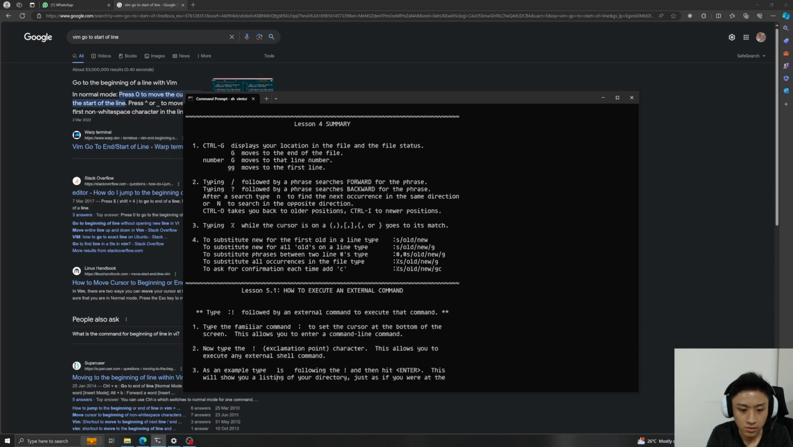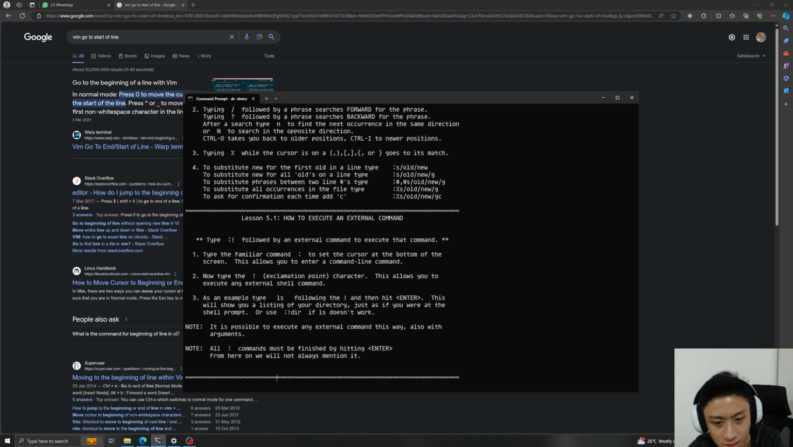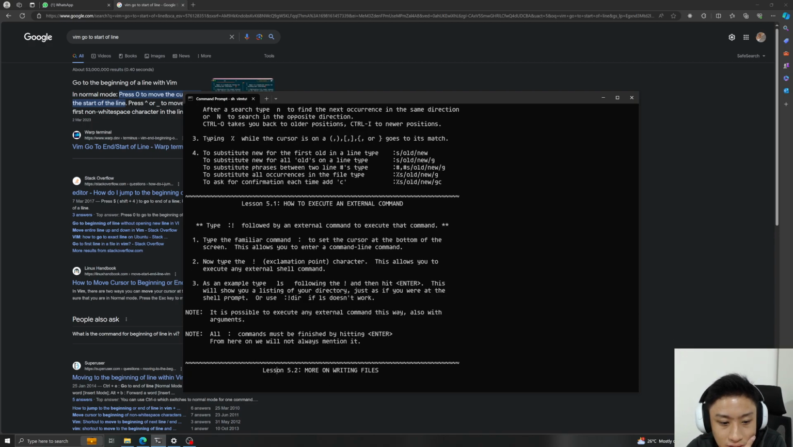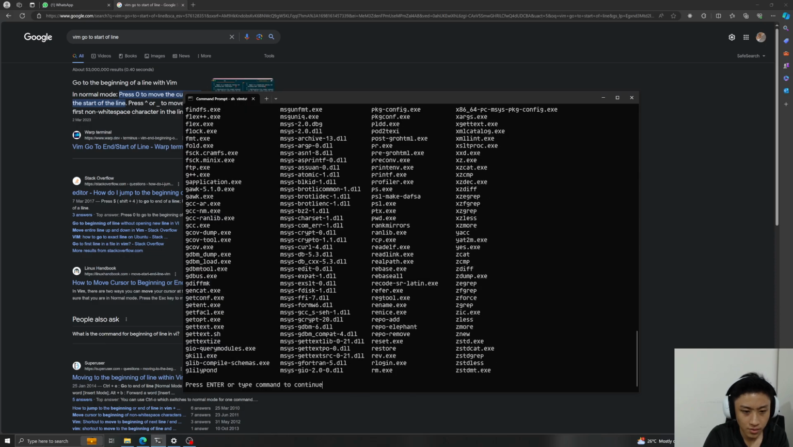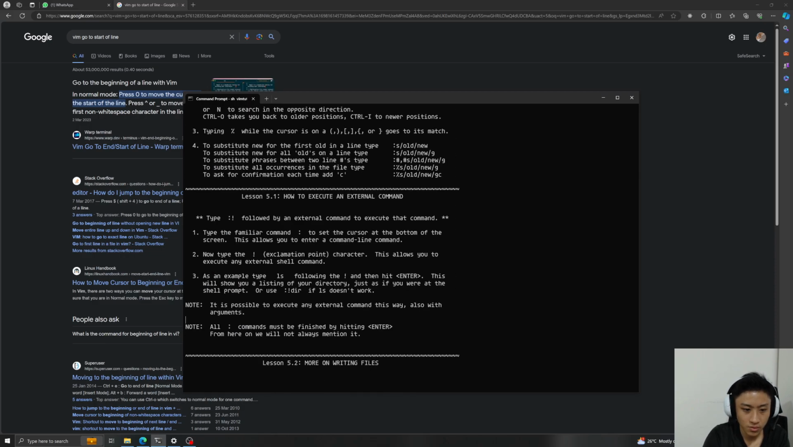Okay, 5.1, execute external command. Oh damn, I'm so tired. You can use an exclamation point to run an external command, like this, for example. Whoa. Okay. Anyway,